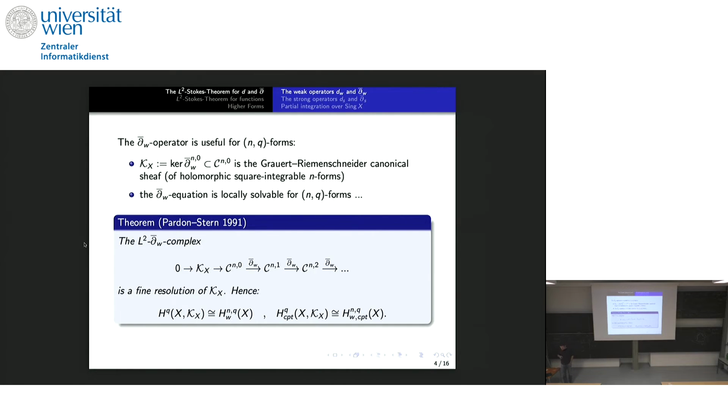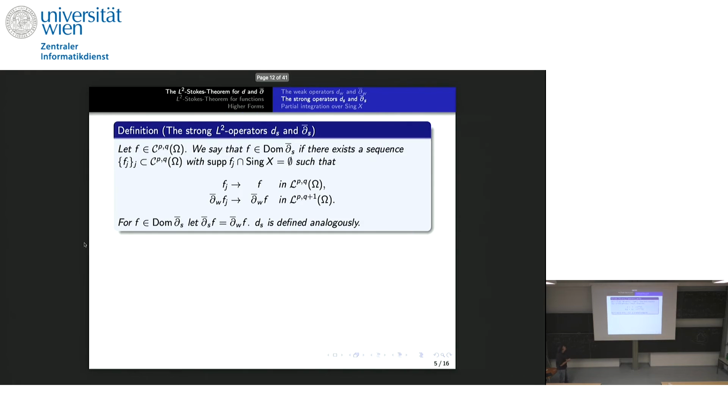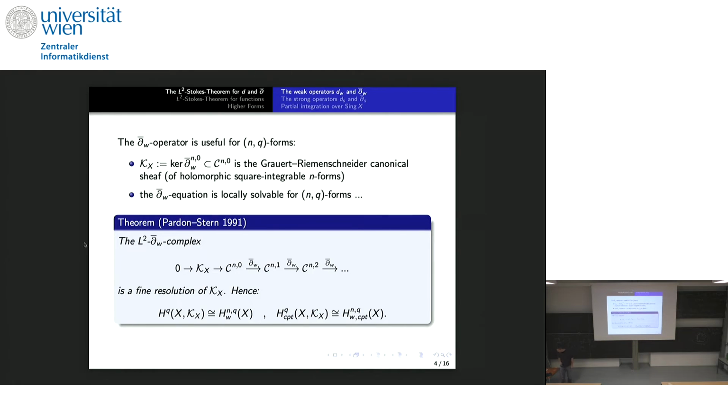This is essentially due to Pardon and Stern in the 1991 paper. So you get here a fine resolution of the canonical sheaf of Grauert and Riemenschneider. So why is the canonical sheaf of Grauert and Riemenschneider